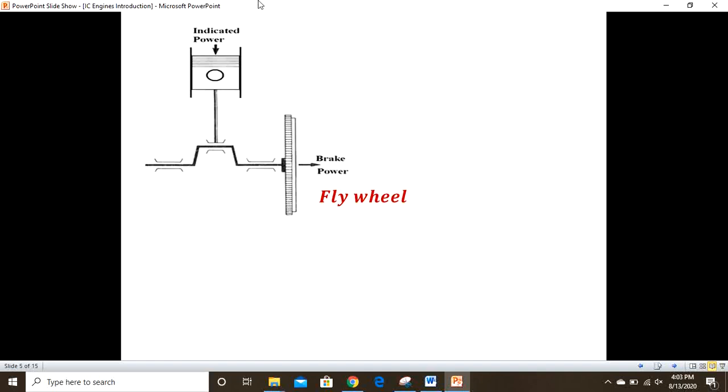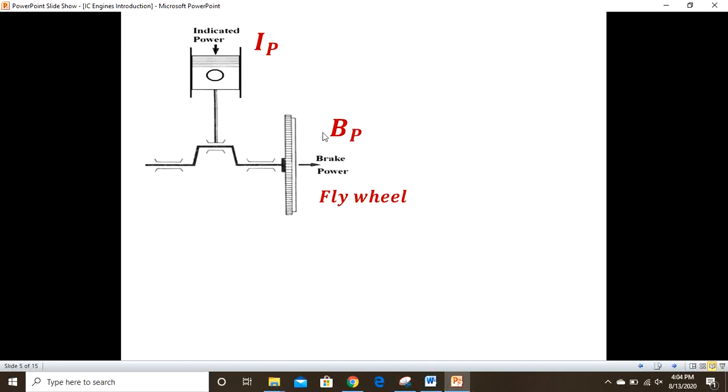First and foremost, we have to understand indicated power and brake power. This is the indicated power, and this is the brake power. The amount of work developed inside the engine is equal to what? Work. That is the equivalence of heat and work, Joule's experiment, which you know from basic thermodynamics. The same concept applies here, and the same work is transferred to the shaft and is available at the flywheel.